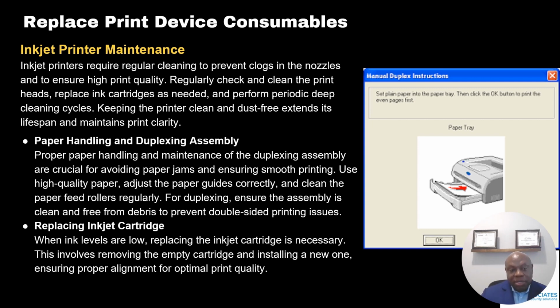When we move on to paper handling and duplexing assembly. Proper paper handling and maintenance of the duplex assembly is crucial for avoiding paper jams and ensuring smooth printing. You want to use high quality paper. I cannot stress this enough. You want to adjust the paper guides correctly. You want to clean the paper feed roller regularly. And for duplexing, you want to ensure the assembly is clean and free from debris to prevent double-sided printing issues